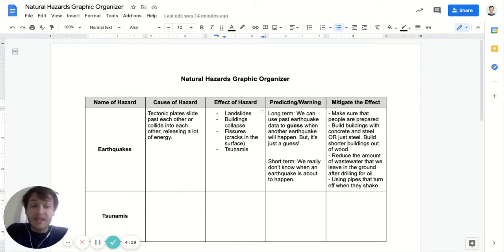So in some cities, like Louisville, for example, we pipe natural gas throughout the city. And we use natural gas in our kitchens mostly, and in our furnaces. In our kitchens, we use it to heat our stoves. So when you turn on the gas, there's a flame that comes up, and that's what you use to cook your food. Or at least that's how it is in my house.